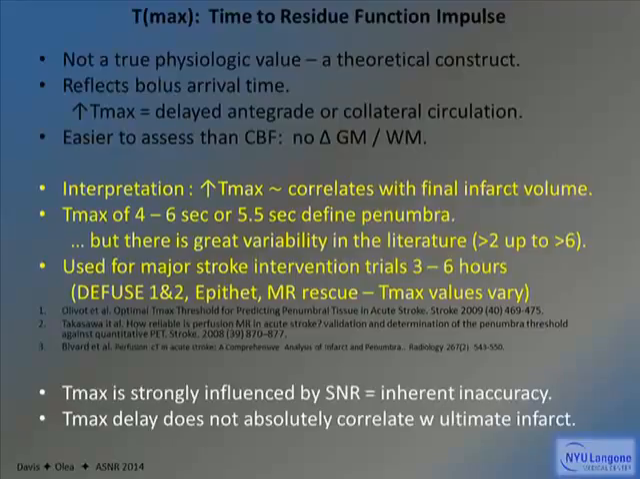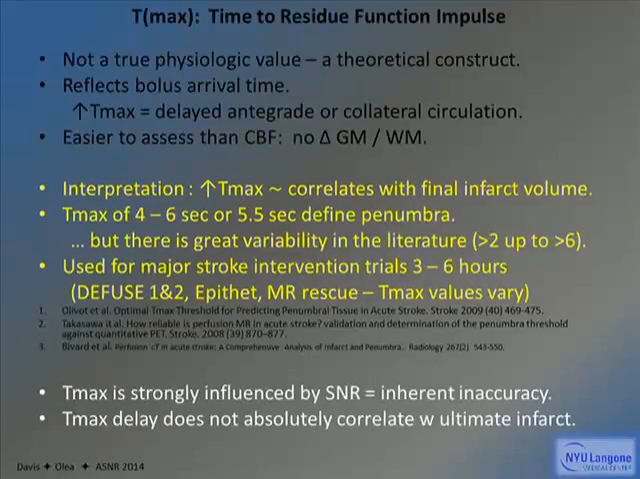Tmax is not a true physiologic value. It's a theoretical construct. It reflects the bolus arrival time. And people tend to think of Tmax the same way they think of mean transit time. Delayed Tmax implies delayed antegrade or collateral circulation. And Tmax is easier to interpret than CBF since it's in seconds and there's no difference between gray and white